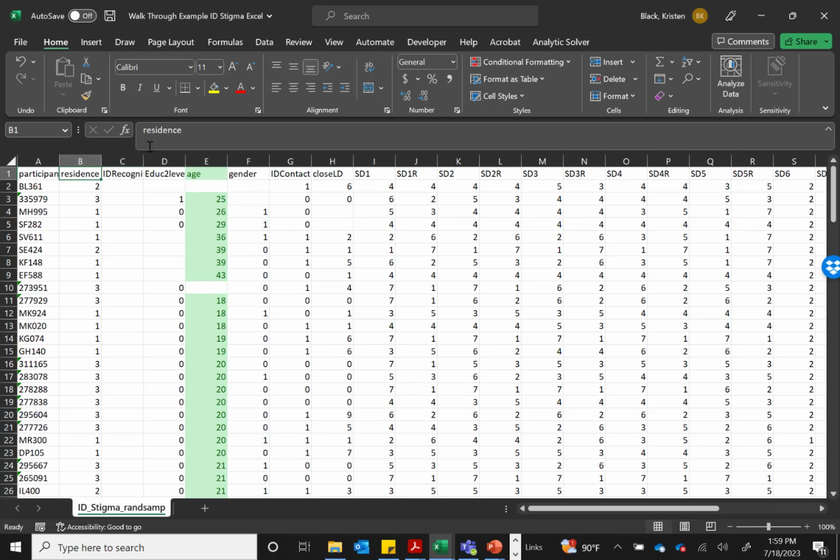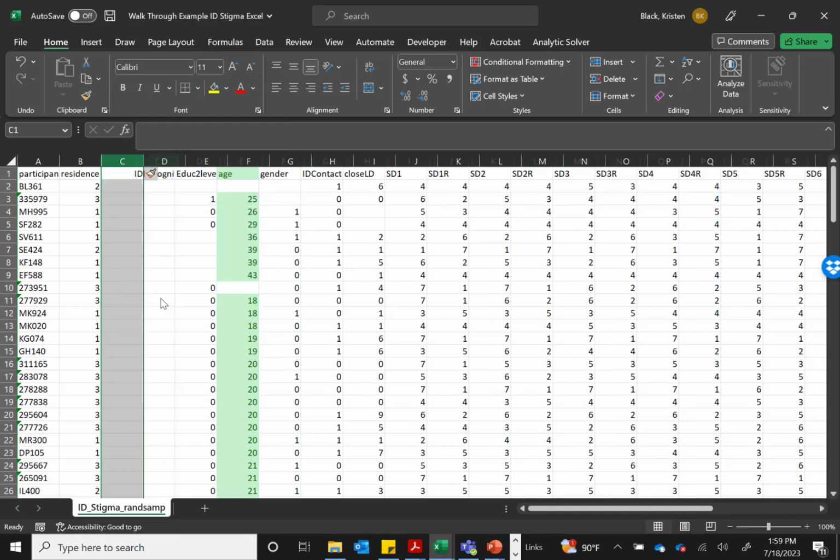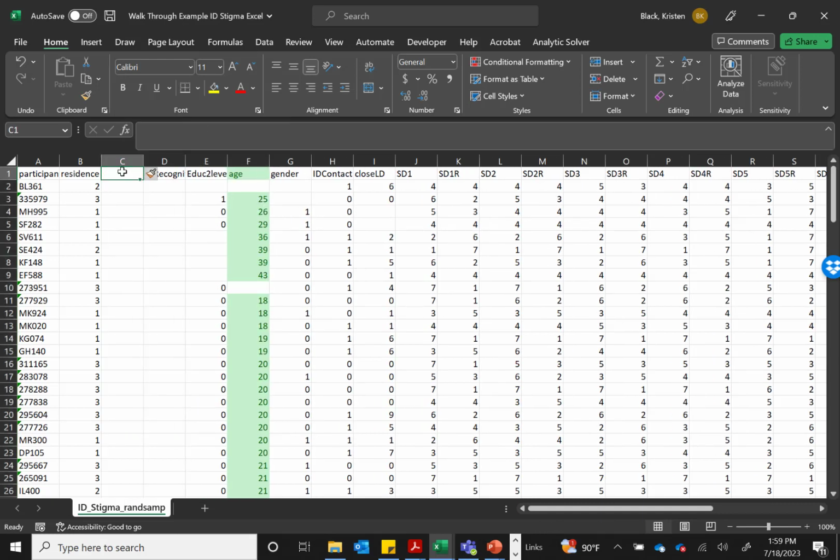We can do the same thing in our data set. So we're going to insert a column to the left of our residence variable. I'll click on column C and right-click insert in order to insert a column there. And I'm going to call this new column residence to category because we're simplifying it to 2 categories. We're going to use an if-then statement to recode this into either UK as one group or Austria and Germany